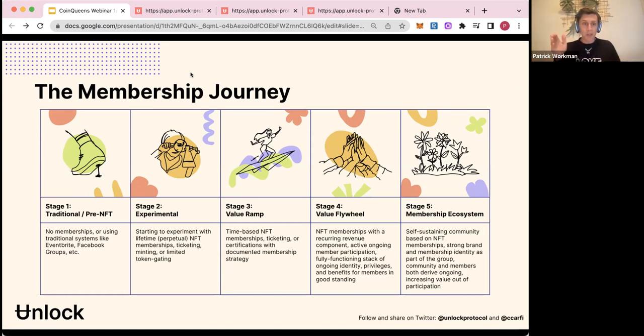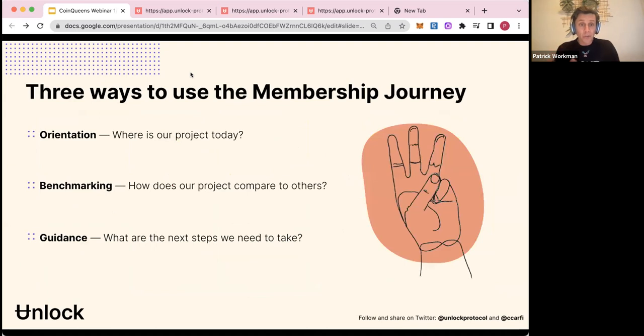The membership journey, stage 1 to stage 5, is an attempt to walk people through where we are today in the evolution of blockchains and where the utopian vision would be on the other side. Our intention is for you to think about where you are today. This doesn't mean where you are within Web3, it's just where is your business and what are you attempting to do? And where could membership complement an existing strategy or be additive to something that's revenue generating that doesn't exist today? From a benchmarking perspective, the journey allows you to see where you are on this spectrum and where you'd like to start and why, as well as provide guidance on what the next steps are.